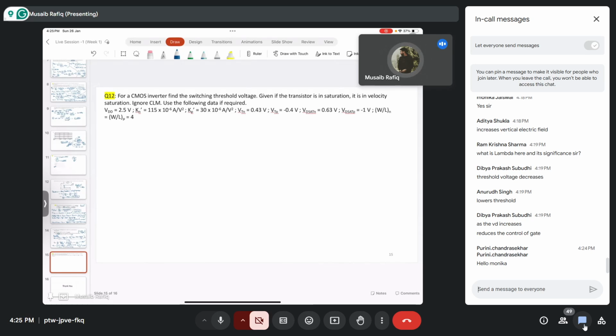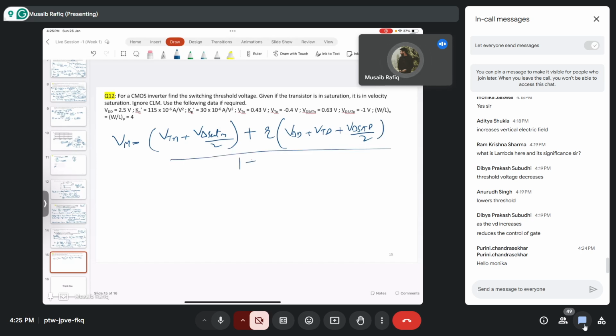So I'll just show you this part of the solution, and maybe in the next class you can tell me what the answer was, because none of you have done it. So again, you have to do it like this. Vm is equal to (Vtn plus Vdsat n by 2 plus R times (Vdd plus Vtp plus Vdsat p by 2)) divided by (1 plus R). You can compute R, and R will be similar to the previous value because W by L here is also the same. So R will come out to be